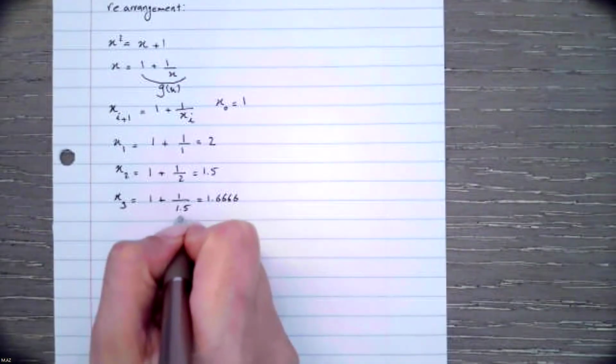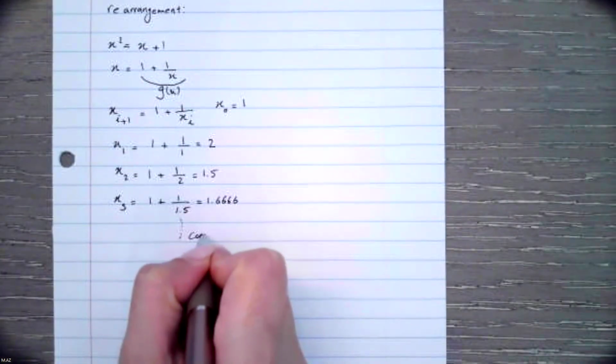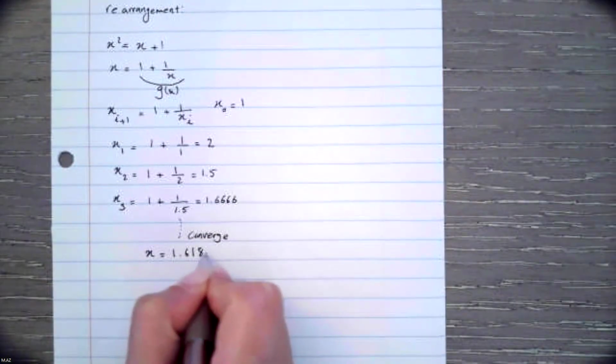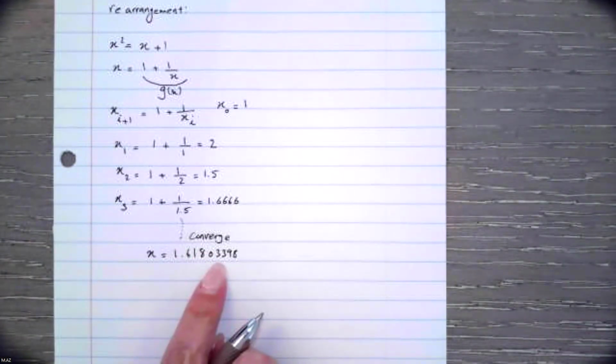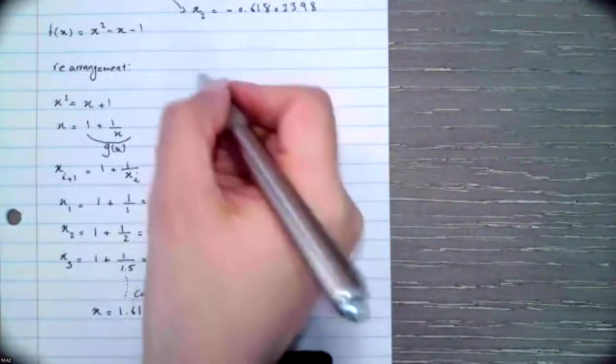It means if we continue, our answer converges to this root, not as an exact value, but within some amount of tolerance we can reach these roots. The next rearrangement for this function